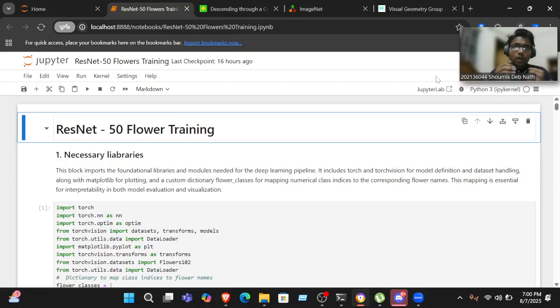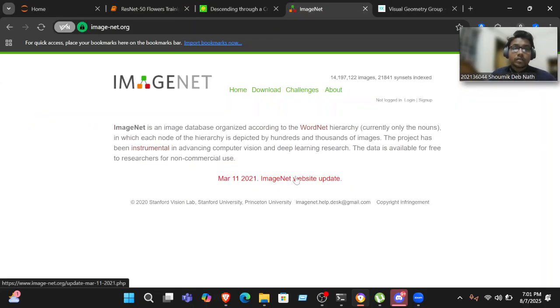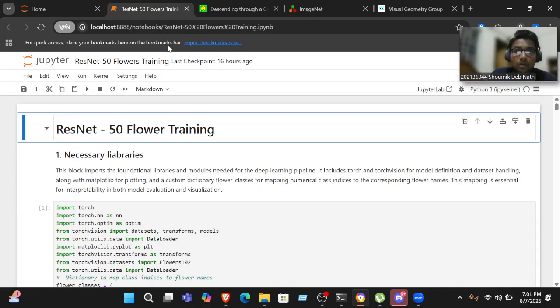ResNet actually is a pre-trained model, and it comes with ImageNet, a pre-trained source. So what is ImageNet, you might ask? ImageNet is the project which was instrumental in developing computer vision and deep learning research, and the data is available for free to researchers, non-commercial users, and free learners like me. Okay, so to begin with,